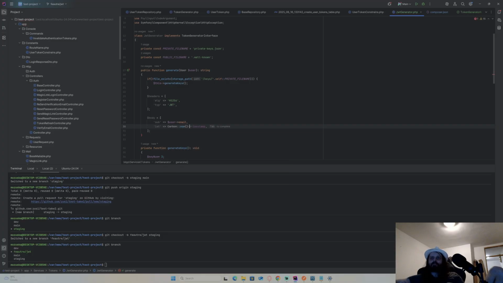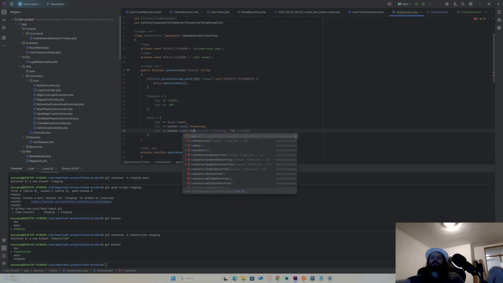Now, add timestamp. Yeah, that's basically what I need. And exp is Carbon now to add days,